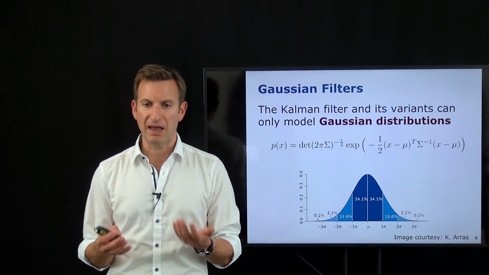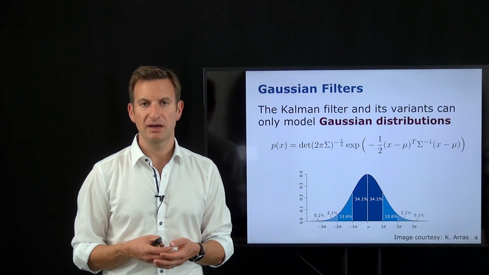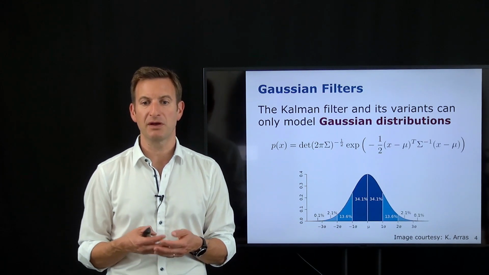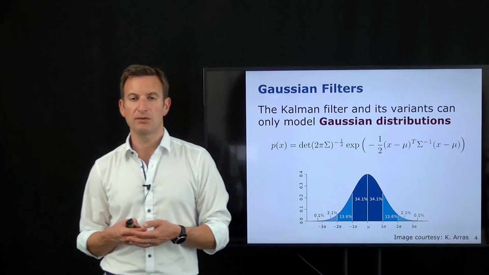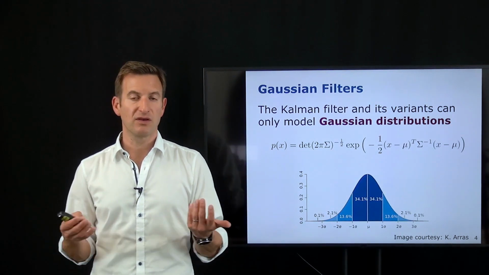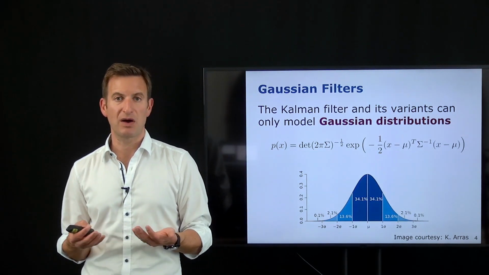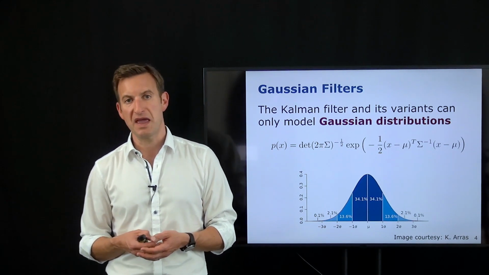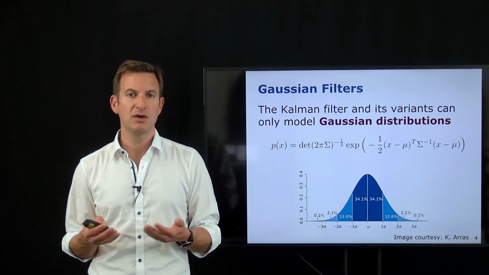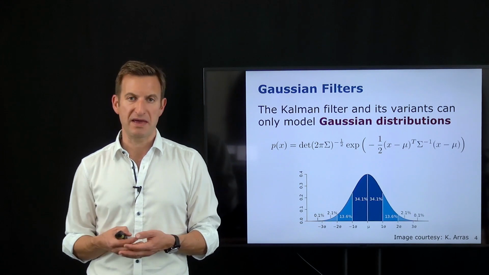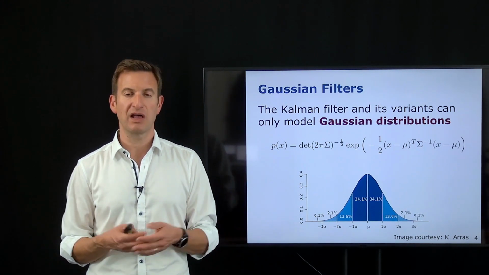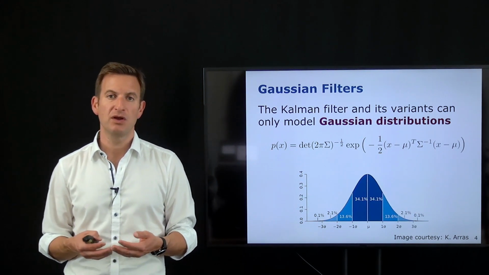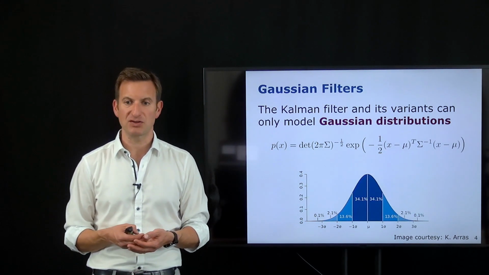So the Gaussian filter, such as the extended Kalman filter or the Kalman filter, will use a Gaussian distribution, so a function of that form, in order to estimate the states under consideration. In our case, that would be in 2D the XY location and the orientation, and in 6D XYZ, yaw, pitch, roll, for example. And the extended Kalman filter would use a Gaussian to describe this 3- or 6-dimensional vector.